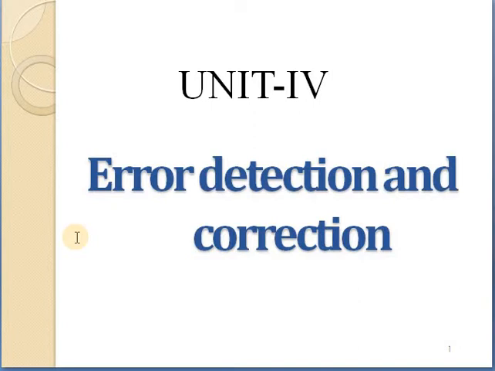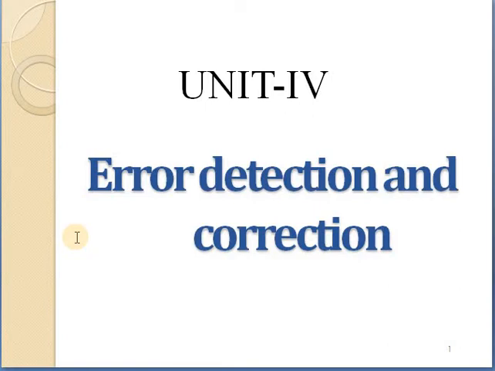Flow control is a set of procedures that tells the sender how much data it can transmit before it must wait for an acknowledgement from the receiver. The receiver has a limited speed at which it can process the incoming data and a limited amount of memory in which to store the incoming data. There are mainly two types of flow control technique. First is the stop and wait technique and second is the sliding window technique.